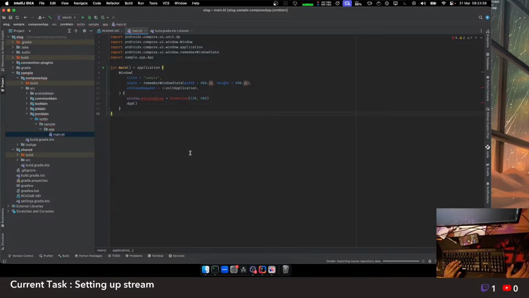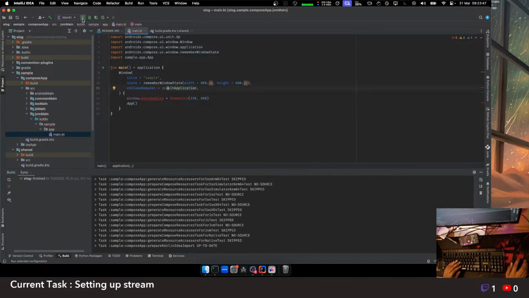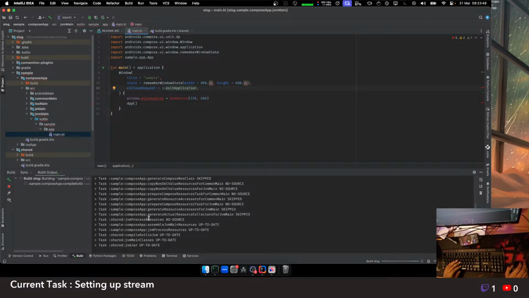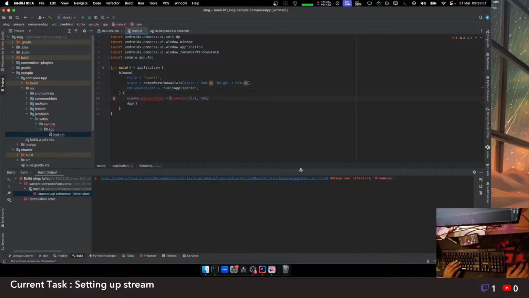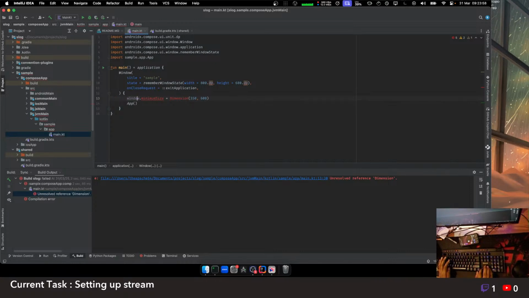F5, just refresh. Just works so great. The question is why am I still getting the error, right? Let's find that. Okay, the dimension class. Why my dimension class? What if I do not add this? And